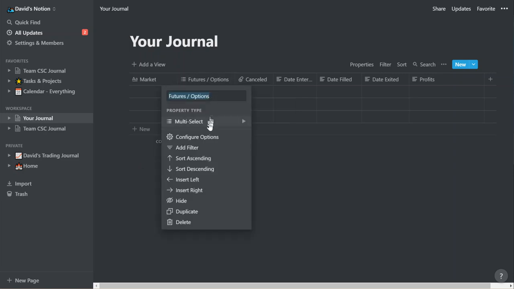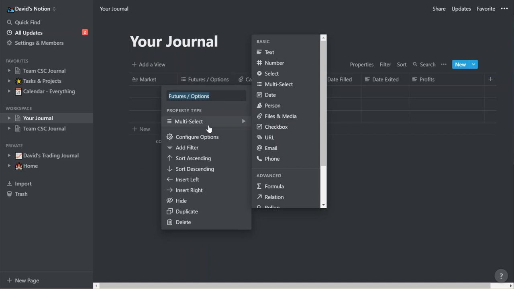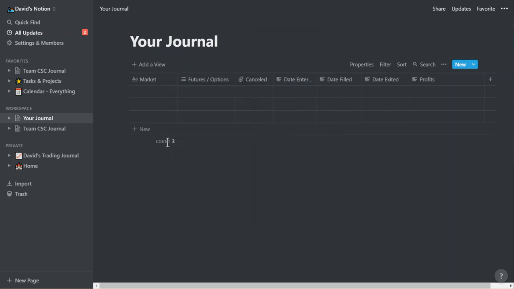We're going to say that that's a multi-select, which means that you're able to put more than one item in there and select it, either one or both of them. If it was select, it would be like yes or no, as an example, and you could only select yes or you could only select no. Multi-select, we're going to put in here options and futures. Well, let's just do a trade that I did earlier today,